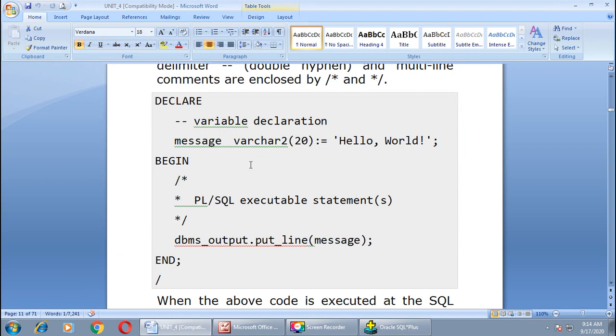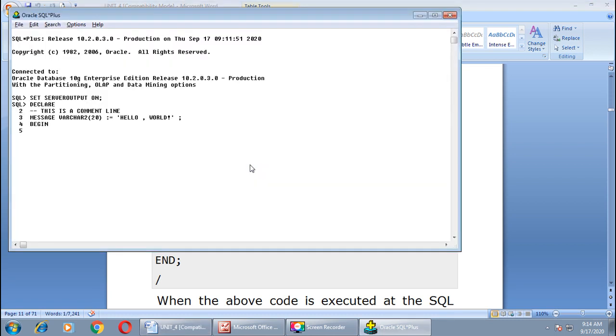Now the next section is begin. This is our declarative part. Here again I want to give a comment, a multi-line comment. For that I will type slash and asterisk as we have seen in that table. Comment section begin. You can use multiple lines for comments.